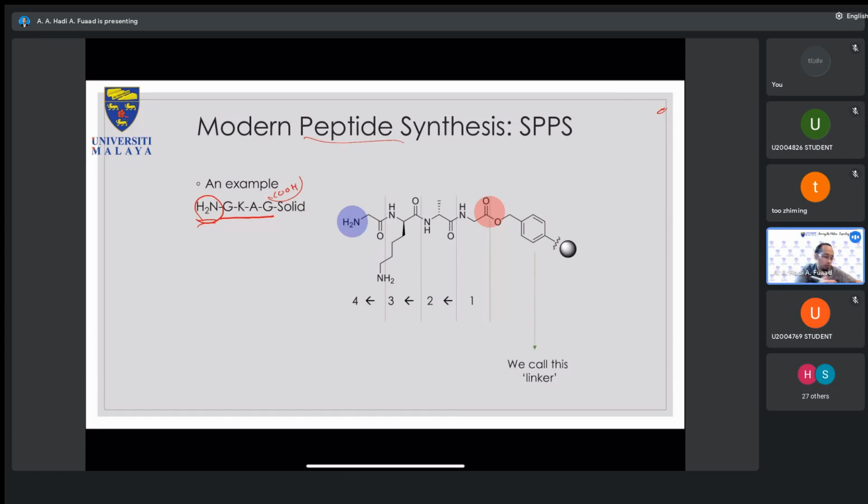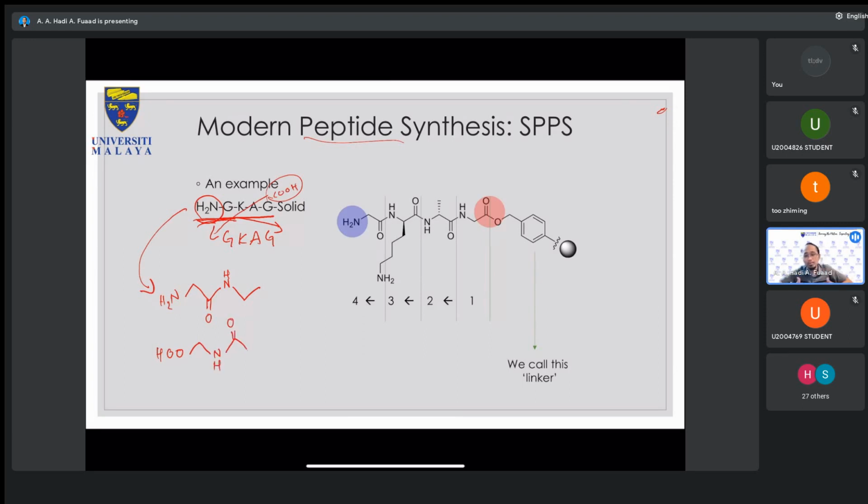But what if you want to change it around? So if you still write it as GKAG, but you actually switch everything around, what will happen is, if you write it like this, the first one, you will see an amine over here. So you have your first glycine, and then you will have your amine. Okay, so this is how the structure will look from the left. But if you swap it around, where you have a carboxyl on the left and an amine on the right, what you will get then is a slightly different structure.